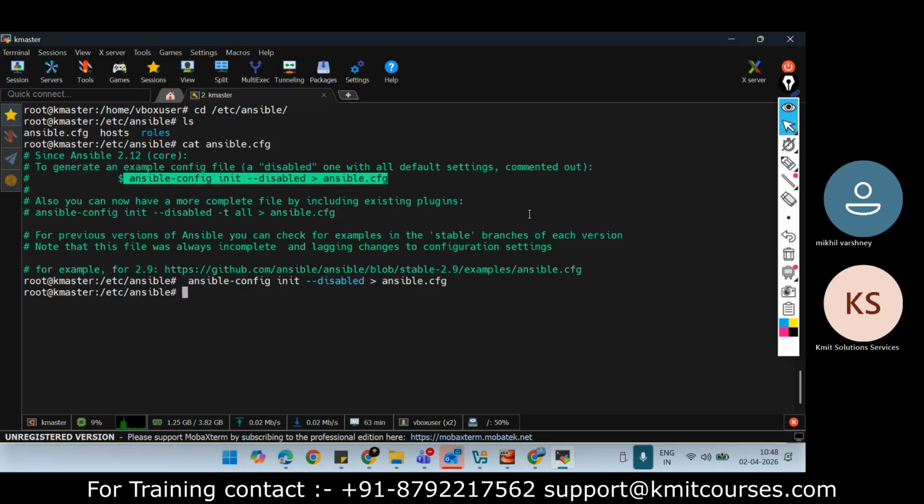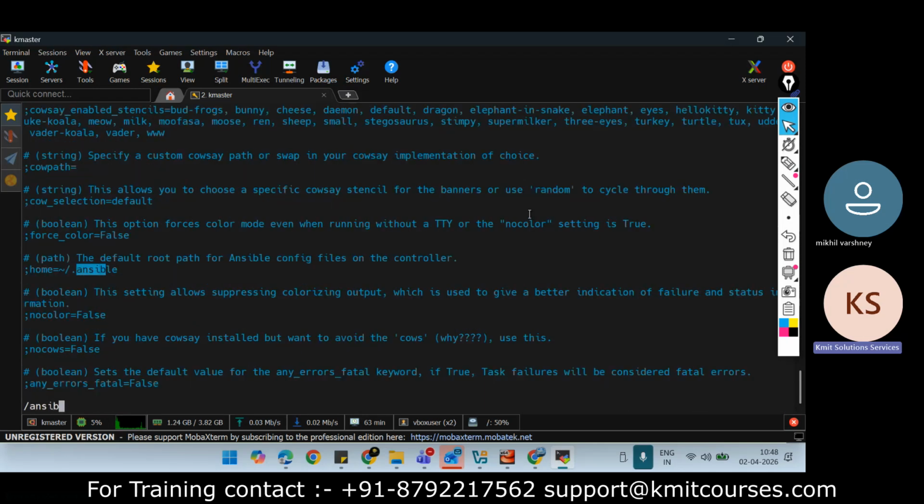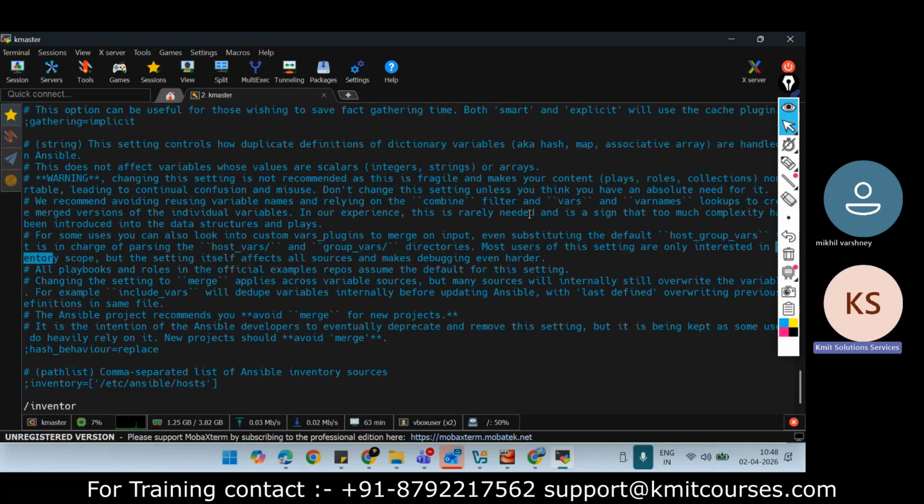So it will create my ansible.cfg file. Now, if I open the ansible.cfg file, there are many properties here, but all are commented out. Now, I'll search for inventory file.